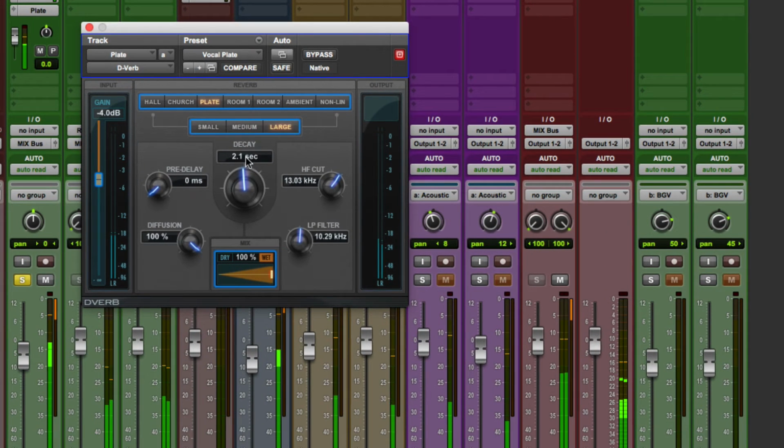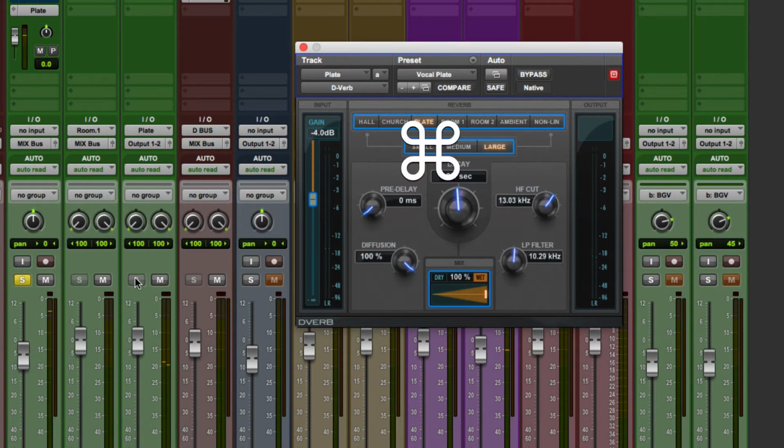Under a pale moon. I'm going to mute the room reverb. Under a pale moonlight. And the one thing I didn't do is I didn't solo save it, so you can't